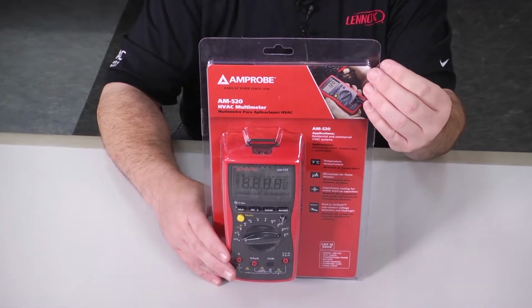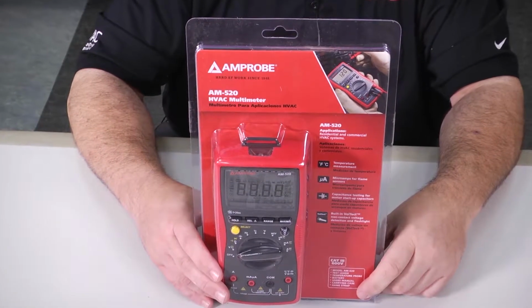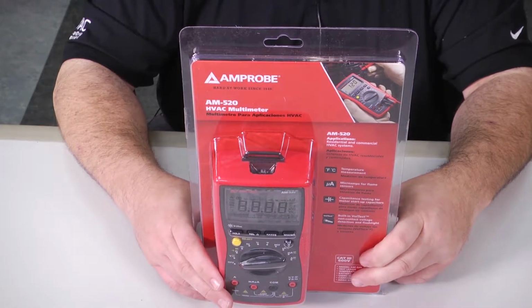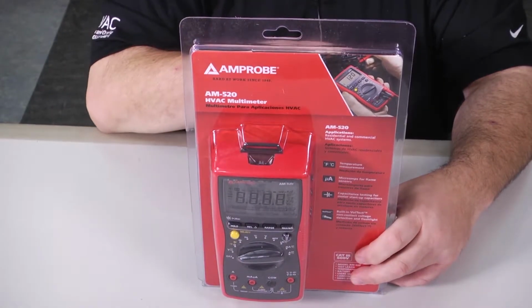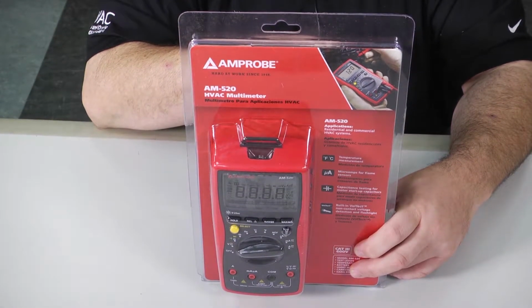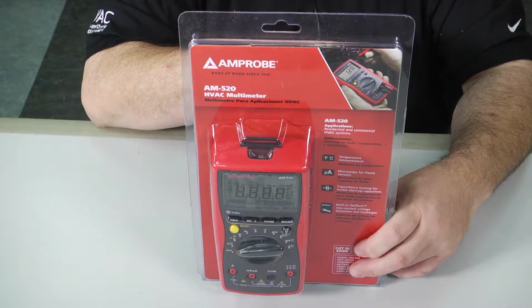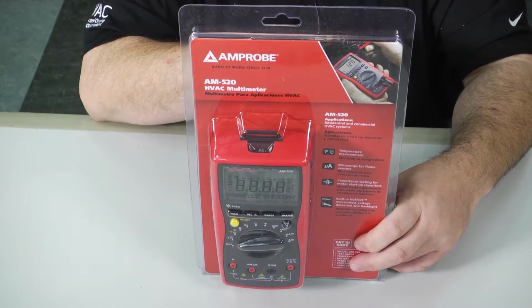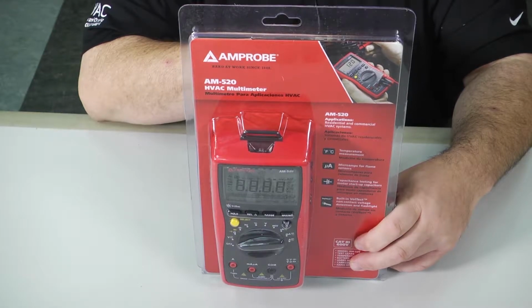Today we're going to review the Amprobe AM-520 HVAC multimeter. As you take a look at it, I'm just going to name off some of its quick specifications. It is a Category 3 600 volt rated meter. It is designed specifically for the HVAC industry. We have electrical voltages up to 600 volts, currents up to 10 amps, ohms all the way up to 40